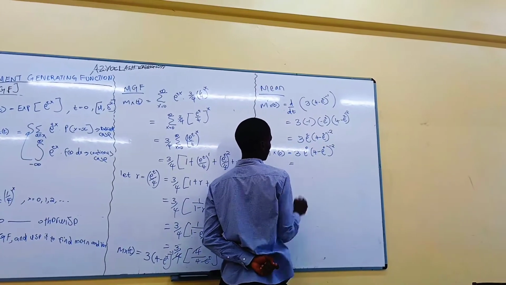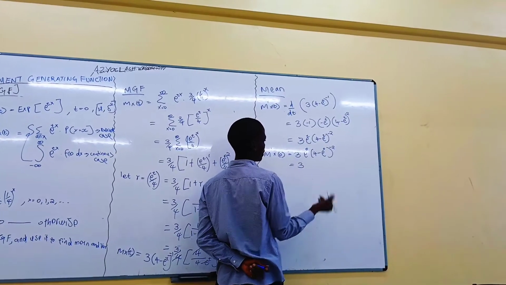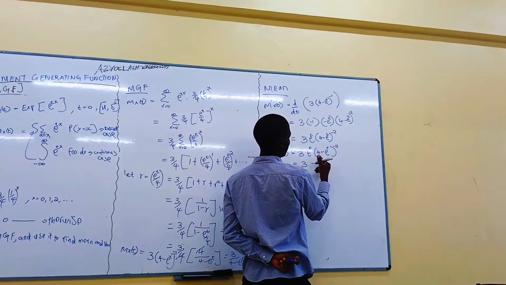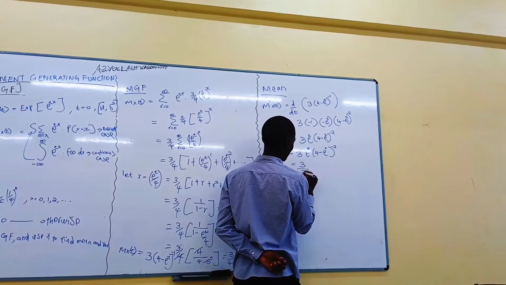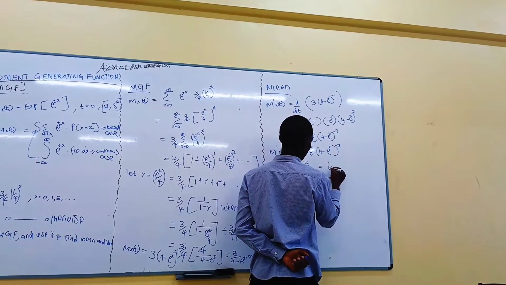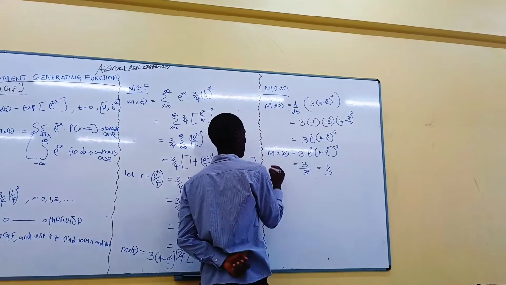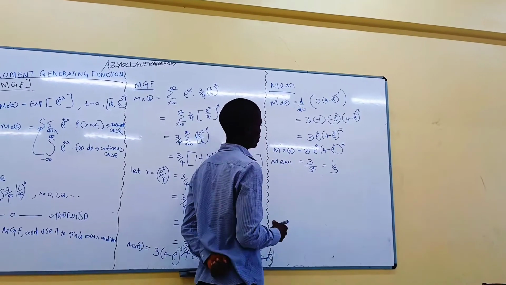So it's going to look like 3, because any number raised to 0 is 1. So it will be 3. Here, 4 minus 1, which is 3. So it is going to be 3 over 3 squared, which is the same as 1 over 3. And this is going to be the mean. Mean is going to be 1 over 3. So let's look on